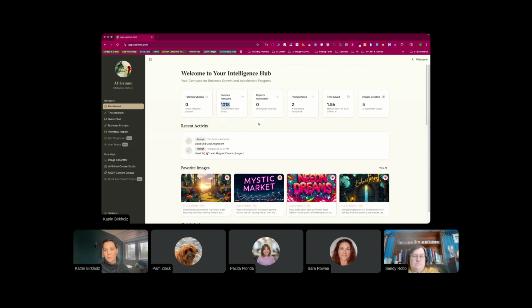That's really your documents you currently have in your RAG system. If you're a premium member or a VIP member, which everybody is here in our community right now, the AI Grimm Society, then you will see the documents library here. And what that means, sources analyzed, really is that we grab your documents and we send them through a specific,